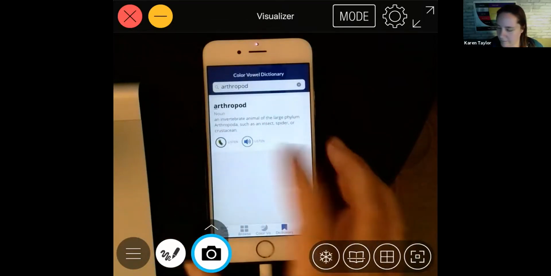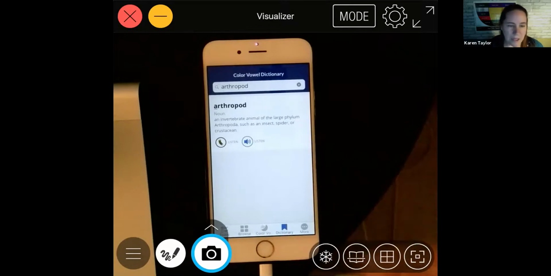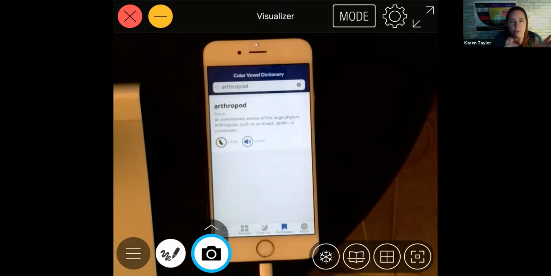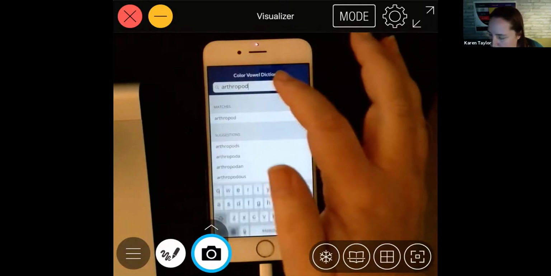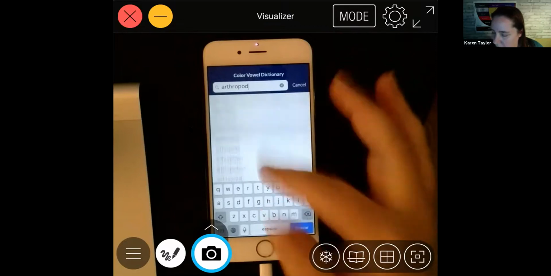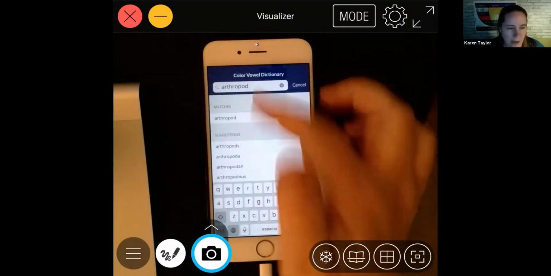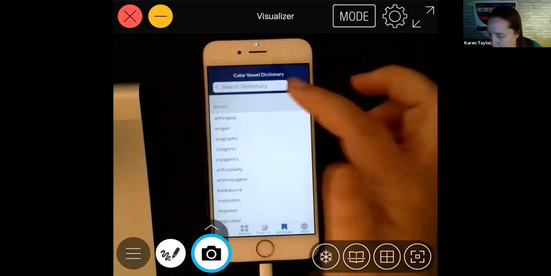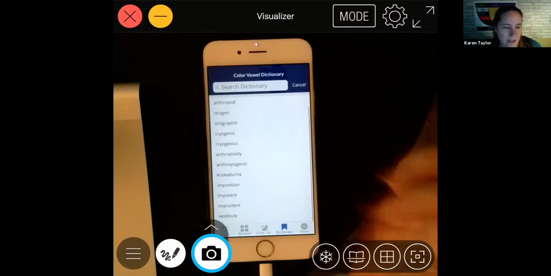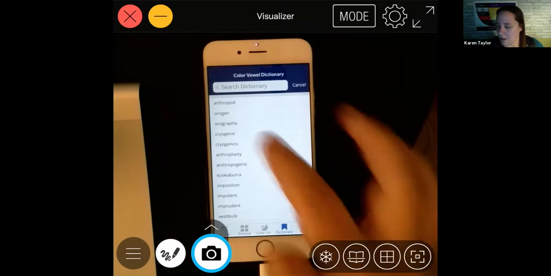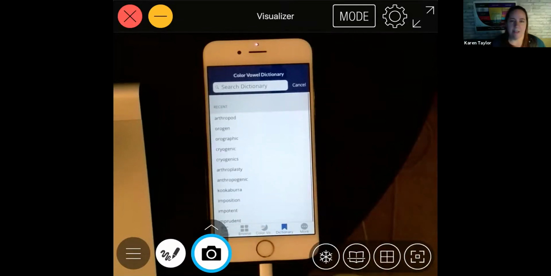Sock. Arthropod. Okay, so essentially it's cueing or priming the learner to hear that stressed syllable and then to listen to the word. And what's nice about this is when you go back, you can see your entire history of words you've looked up. In this case, I looked up arthropod and it pulled up all of the others. But when I X out of here, you see my entire history of searches, okay? It's just a really nice feature because people are always wondering, how do I know what color a word is? So that's how we know.